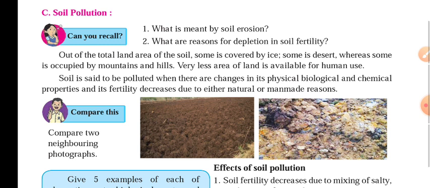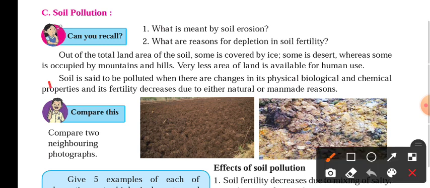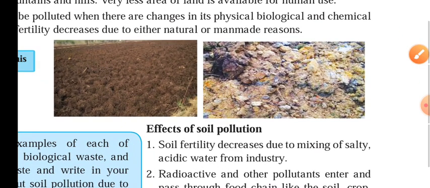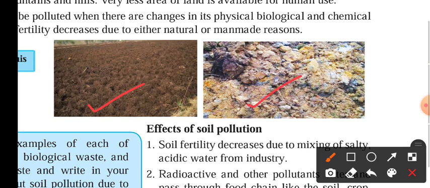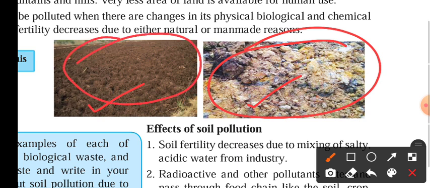When we talk about soil pollution, they have given here that soil is said to be polluted when there are changes in its physical, biological, and chemical properties, and its fertility decreases due to either natural or man-made reasons. They have shown two pictures here. You can see a dirty soil and a clear soil. The fertility reduces due to this kind of